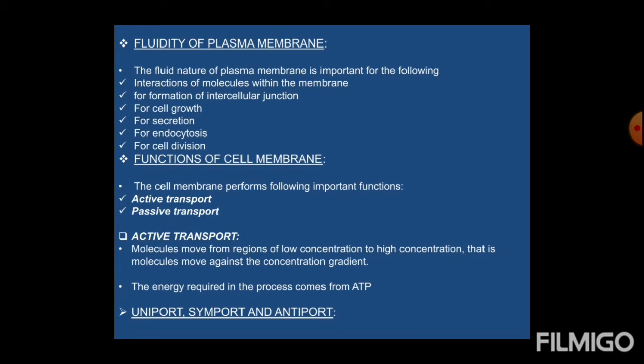Like if you recall, in diffusion it is from high to low, and movements of substances, ions, water, liquid, solid take place. But in active transport, only substances or ions will move. Big substances, small substances, as well as ions will move from the lower concentration towards the higher concentration. In this process, energy is required. So this type of active transport is useful in maintaining the osmotic pressure as well as the ionic concentration of the cell membrane. Now active transport can be of three types: uniport, symport and antiport.